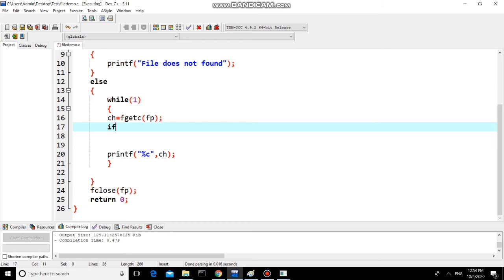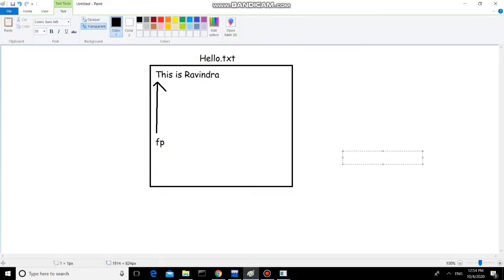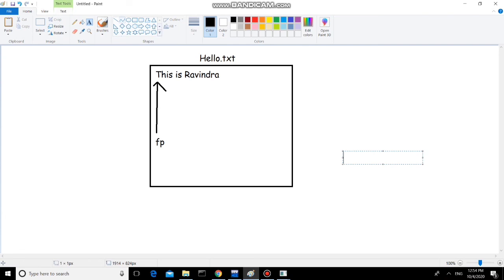So there is one special character present in your file, that is end of file. That is also a macro, EOF. Its value is actually -1. So whenever your ch is getting the end of file character... actually EOF is a macro, again present in the stdio.h header file. Its value is -1. So whenever you are getting -1 in ch, then you need to stop because it indicates that your file pointer has reached this particular position.